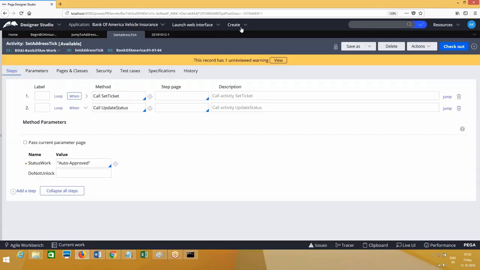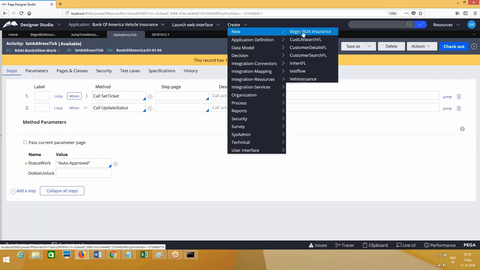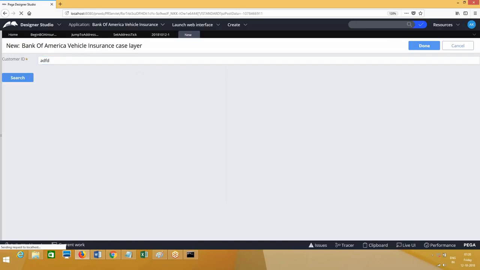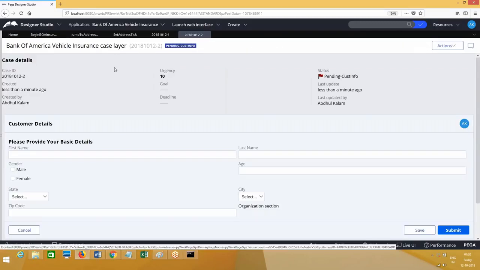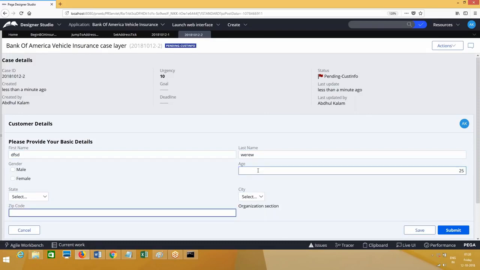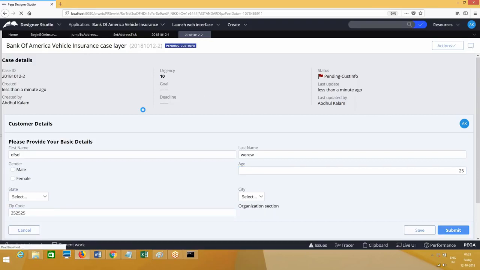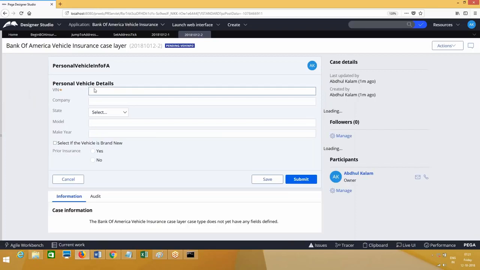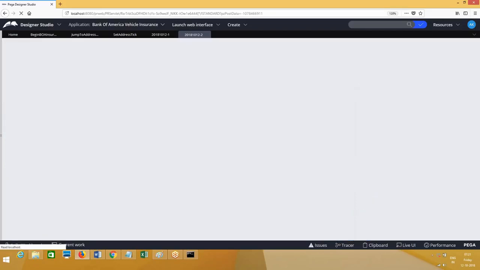I think this is not the one, right? Workflow is this one. Suppose if I do not select the checkbox, that means it should go to last details.